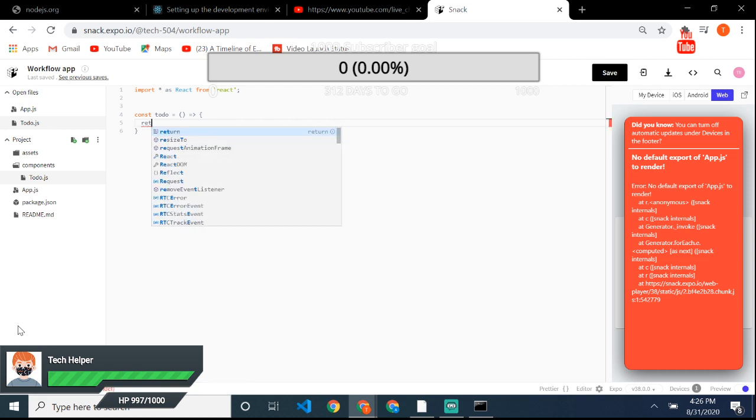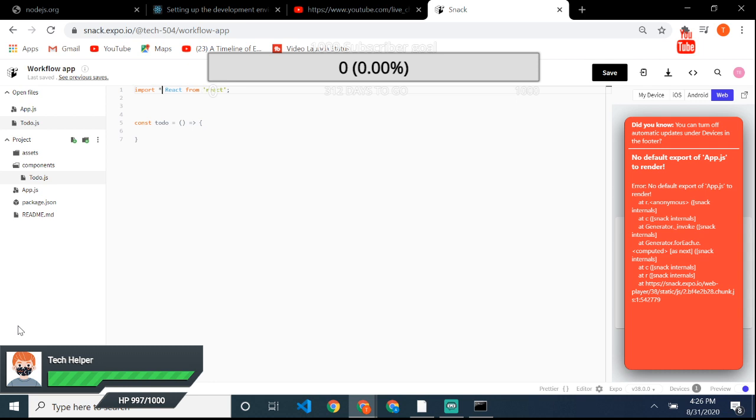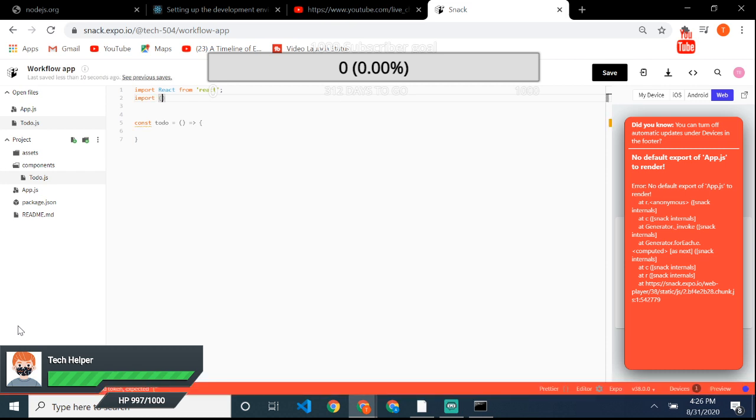So we should be able to return, and because it is React Native, again we can just import. We don't need the as keyword. You can also import like this, open and close curly brackets, Text, and the View, and the ScrollView,